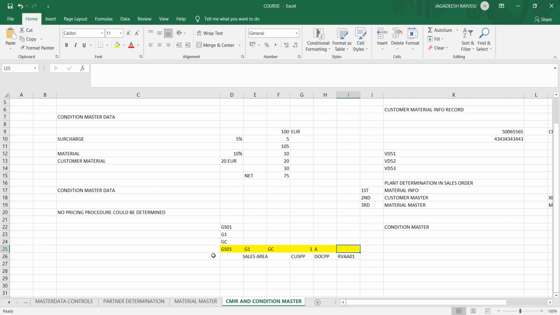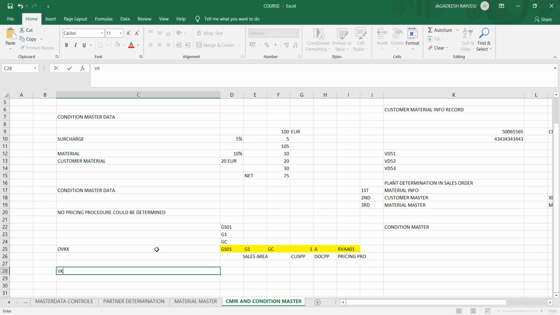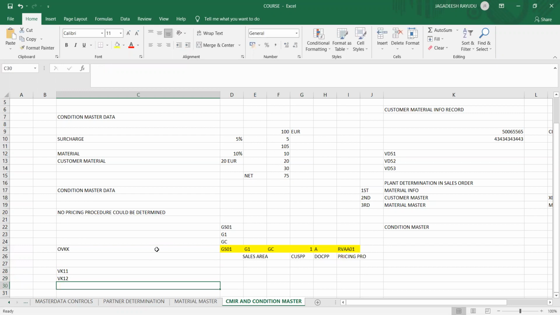This should be entered. So RVWA01. The transaction code is OVKK. You have to remember this. Now for maintaining condition records, the transaction code is VK11 for creation, VK12 for change, VK13 for display.